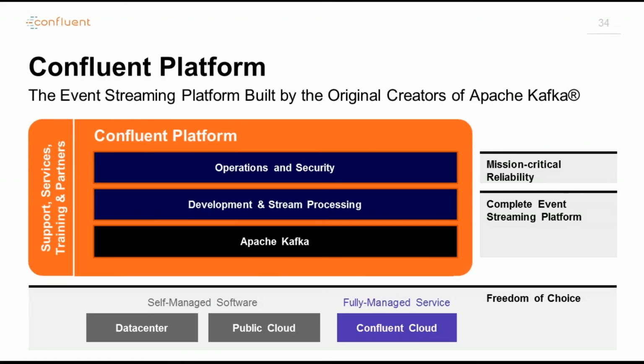The Confluent platform starts with Apache Kafka, as shown here in black. Apache Kafka is made up of a few things that you heard today. It's Apache Kafka itself, a distributed commit log that enables the real-time processing of events. Then we've got tools around it, like Kafka Connect, which you heard Divya and Rajesh talk about as well. We've got Kafka Streams that allows processing of events in real time.